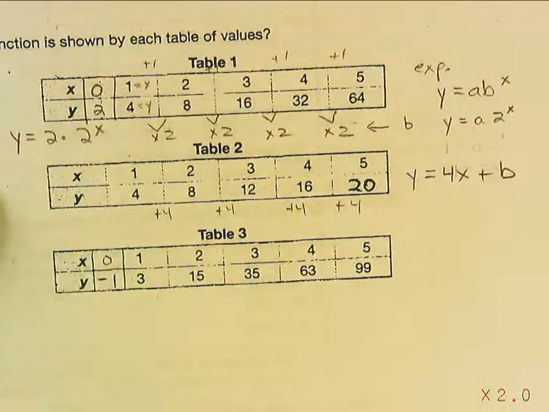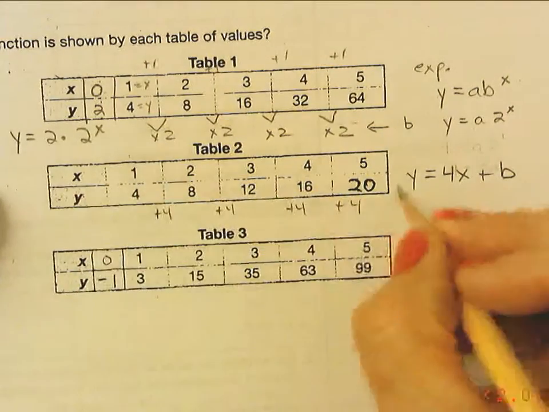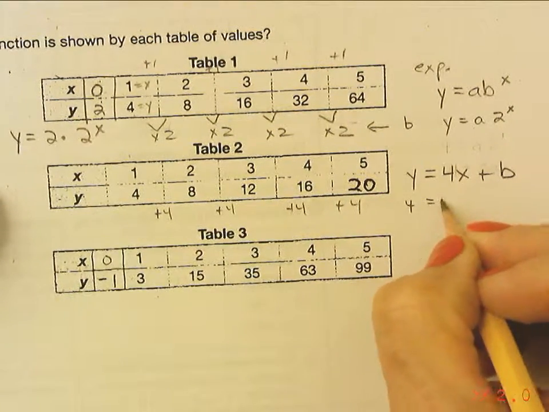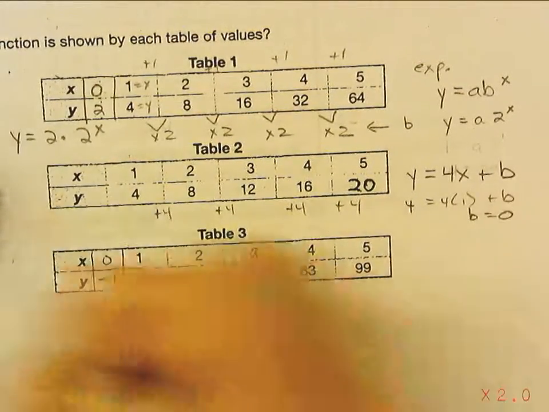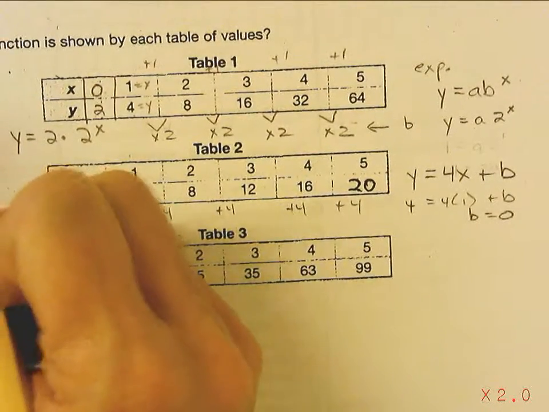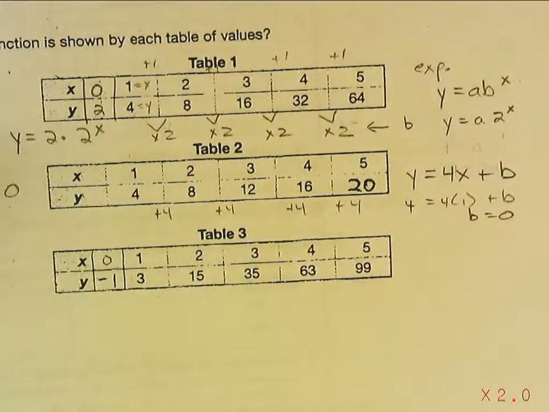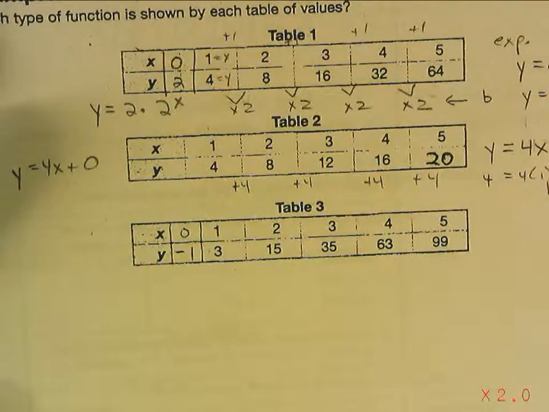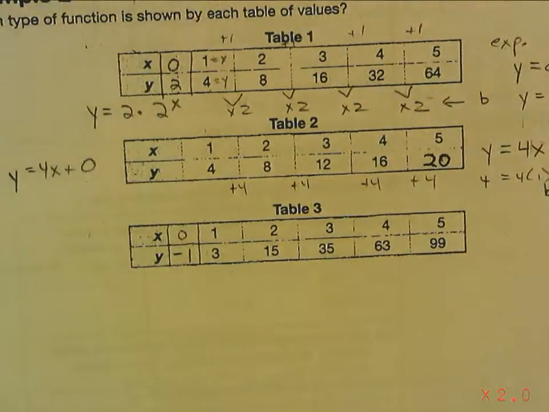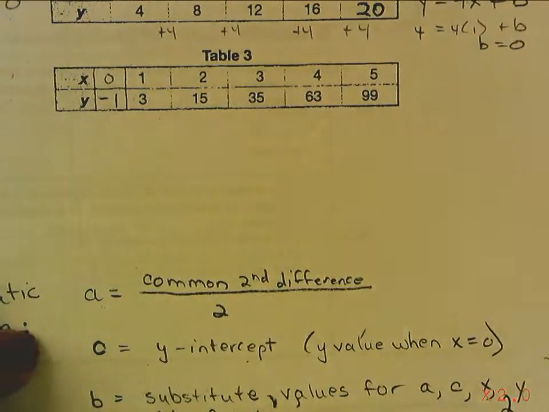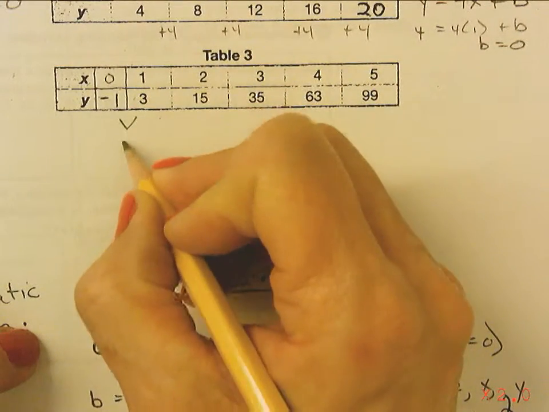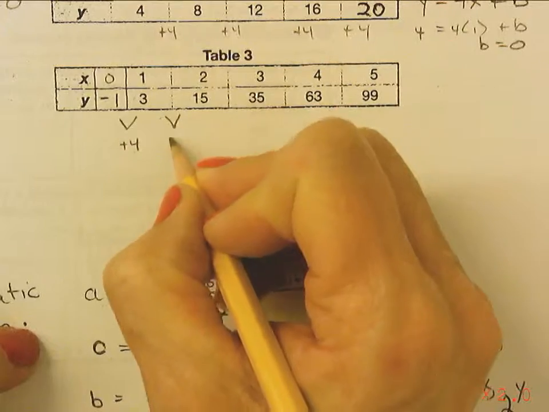How do I find b? I plug in a point. So I say 4 equals 4 times 1 plus b. b equals 0, so my equation is y equals 4x plus 0. Okay, and that's definitely linear. Now, let's look at the last one. The last one, x is going up by 1, but y